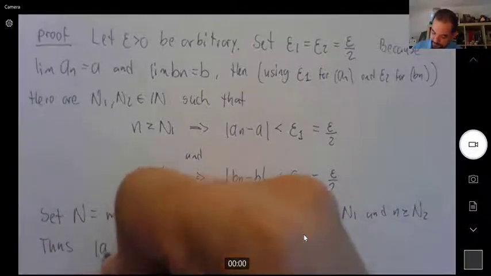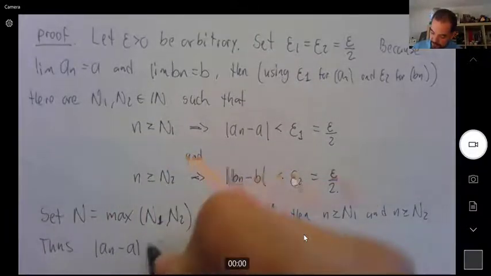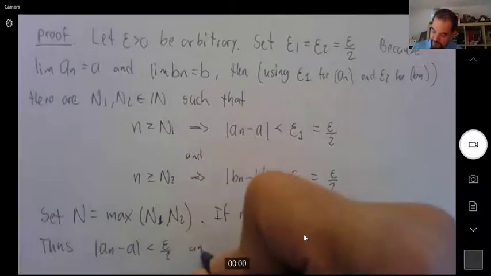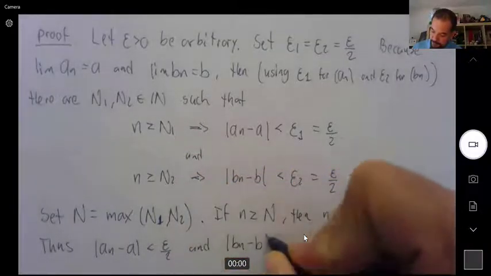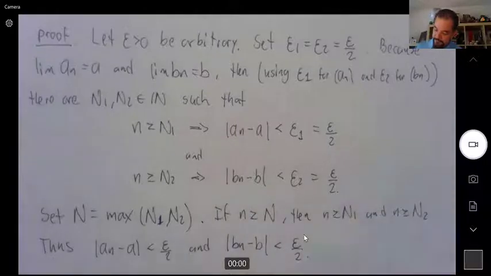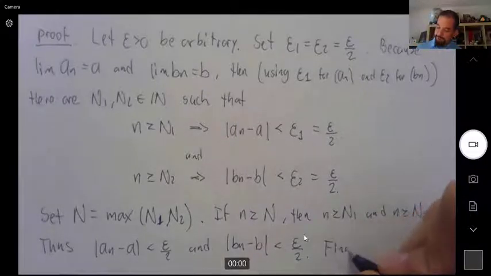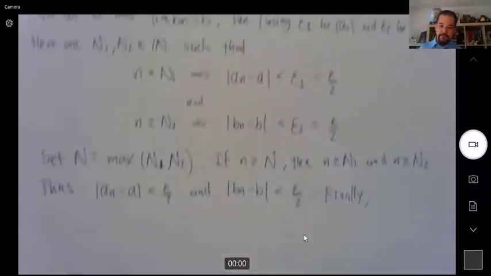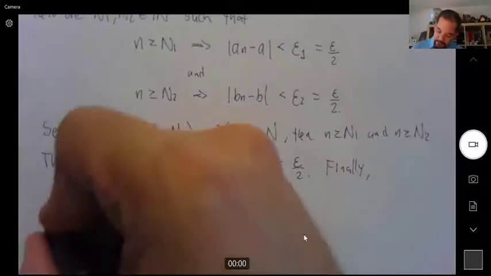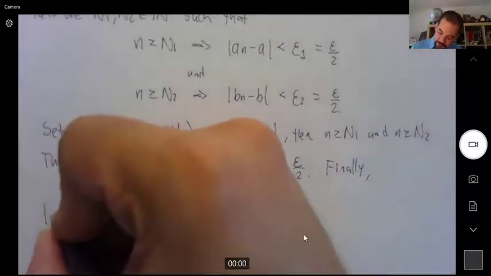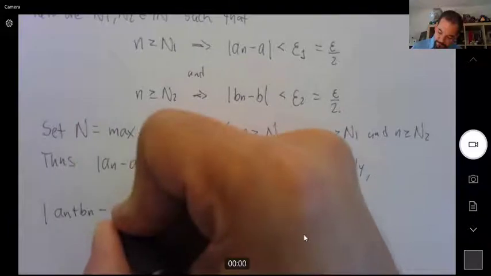Thus, |an minus a| is less than epsilon over 2, and |bn minus b| is less than epsilon over 2. Finally, and that's the last step, if we write |an plus bn minus (a plus b)|,